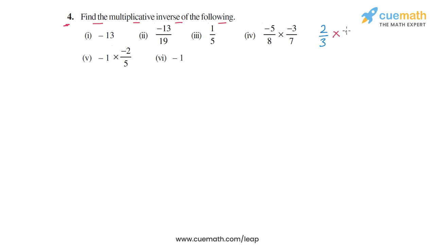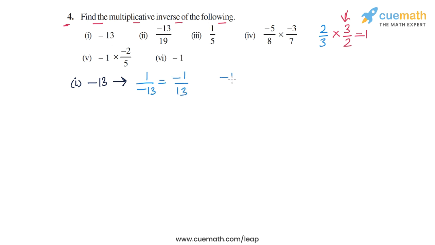Well, you can multiply this with 3 by 2 and that will give you 1. So 3 by 2 is the multiplicative inverse, also called the reciprocal, of 2 by 3. So essentially what we have to do in this question is find the reciprocal of each of the given rational numbers. So in the first part we have minus 13 and the reciprocal or multiplicative inverse of this number will be 1 by minus 13, which I can also write as minus 1 by 13, and we can verify that